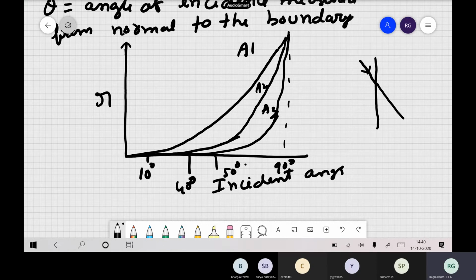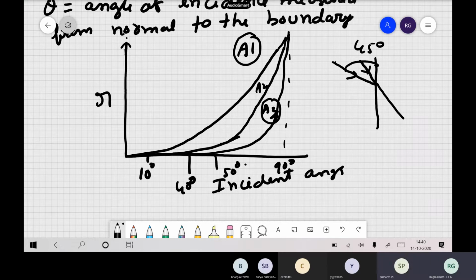Suppose the wave's angle of incidence is some 60 degrees, then what happens? Or let us say suppose you use the A3 boundary condition. Now for waves up to 45 degrees angle, what will be the reflection? Say a 45 degrees angle, something like this. And now what is the reflection for this wave if I use the A3 boundary condition?